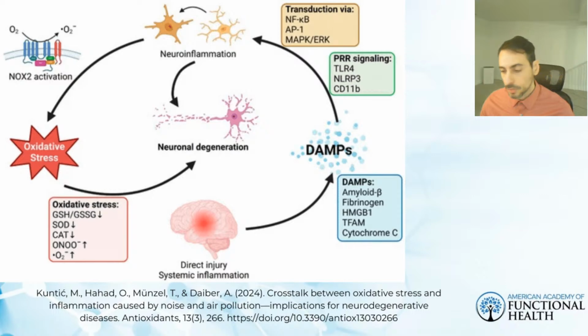It can cause neural death. It can promote neurodegeneration in the peripheral and the central nervous system. If you want to read more about it, you're welcome to; we put the citation on the bottom. The study is called Crosstalk Between Oxidative Stress and Inflammation Caused by Noise and Air Pollution, an Implication for Neurodegenerative